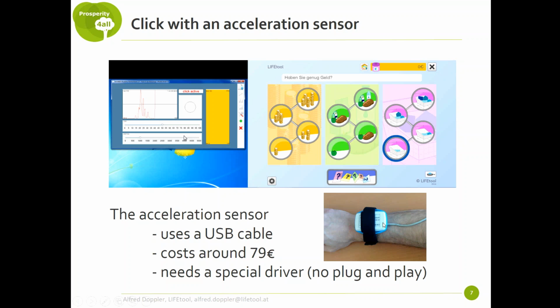arm or lower it. The target audience would be people who are able to lift their arm, but who are not able to hit the button. This means they have some kind of controlled way of raising their arm, but not in a directed way, just in a spontaneous way. And so in this way, what you can see on this slide is, on the left